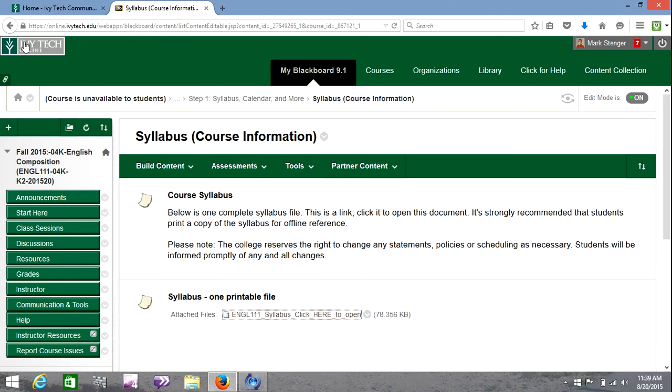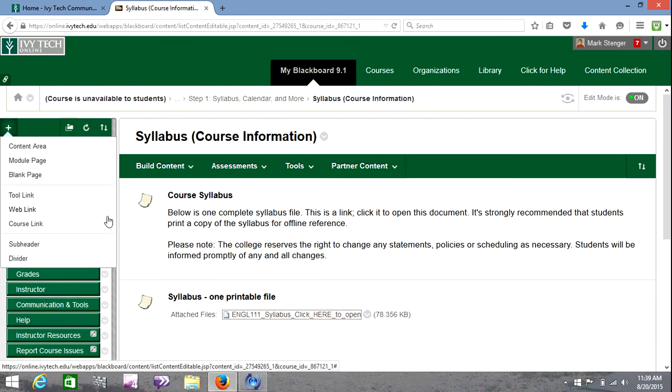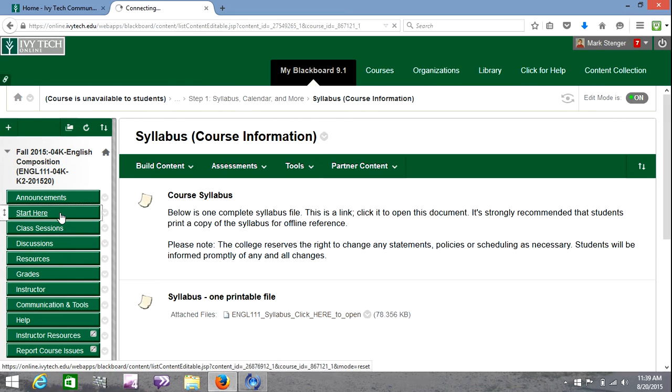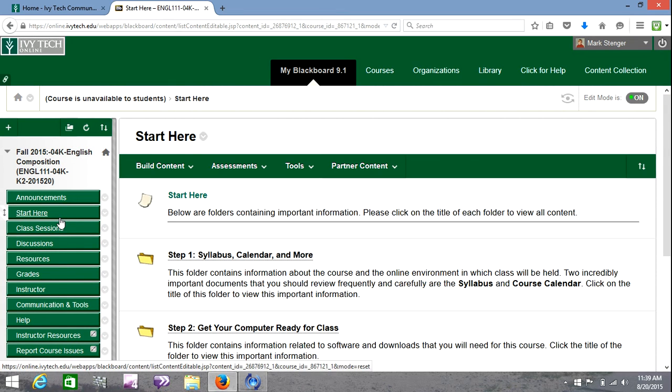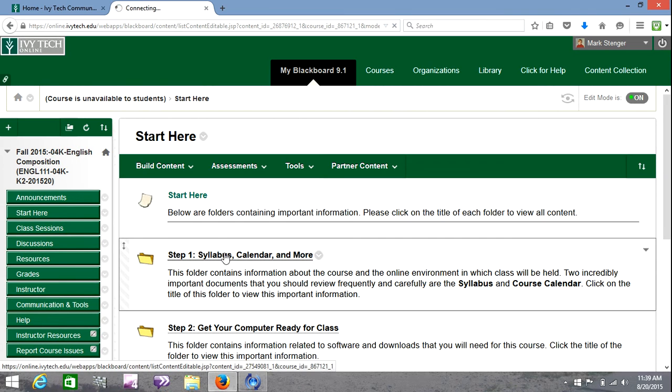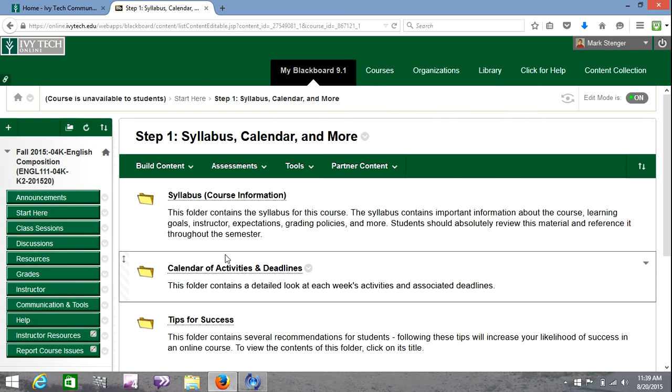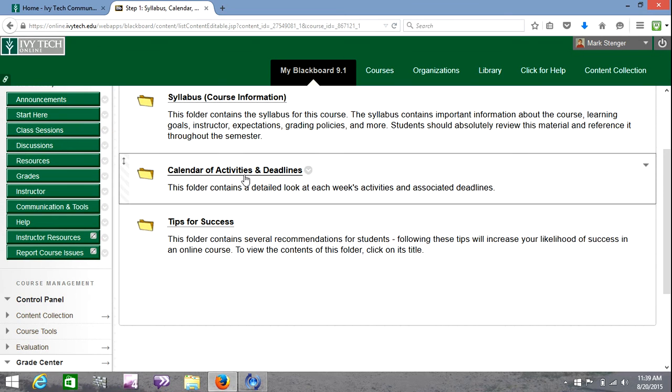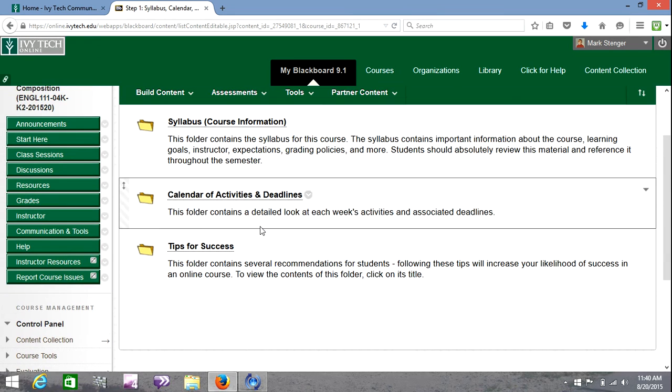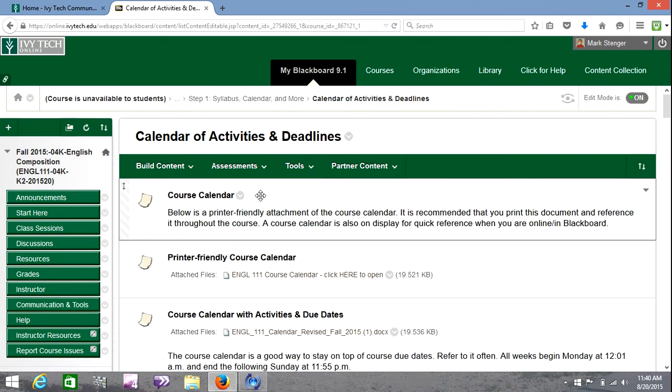Let's take a look at the course calendar. And again, that's under Start here. And just like the syllabus, I won't go through this entire thing because I know you're going to. I do want to point out just 1 or 2 things on the calendar. You can find it in 2 places. It's listed here as a file, and there's also one in Blackboard that is not a file, but it's simply listed there.